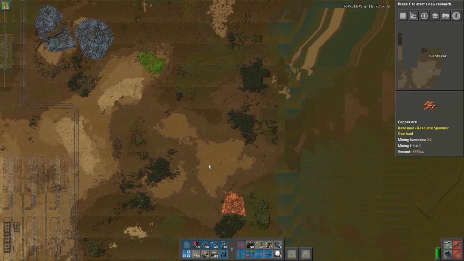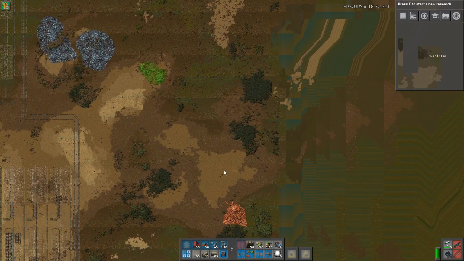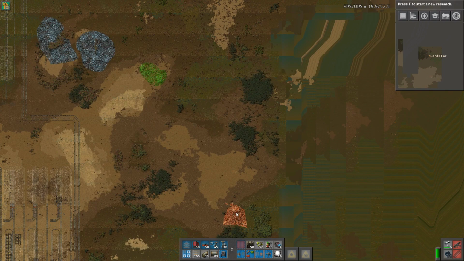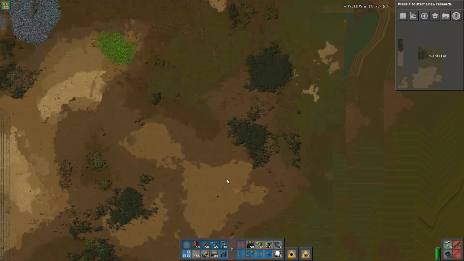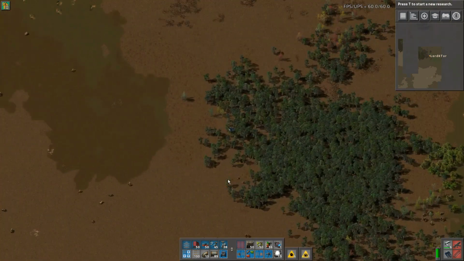That looks like there's just some copper over here. That's probably not enough copper. We have these iron patches, which is a good start. How? Oh, I don't know, because I am not on that. Alright, let's zoom back to a usable